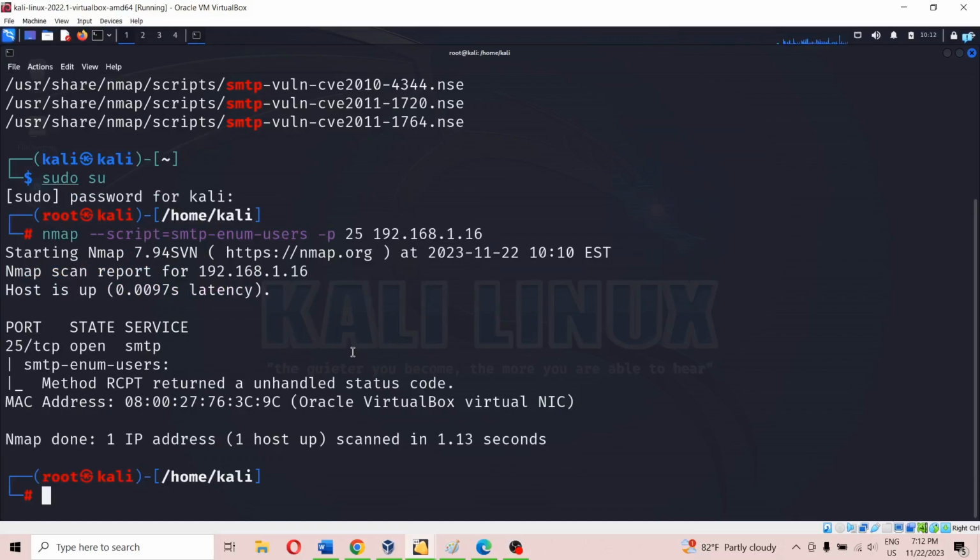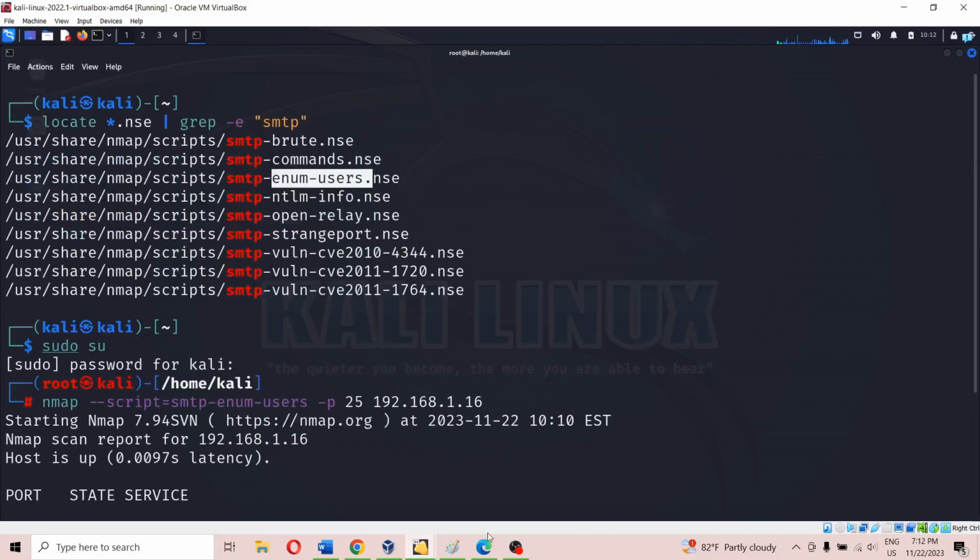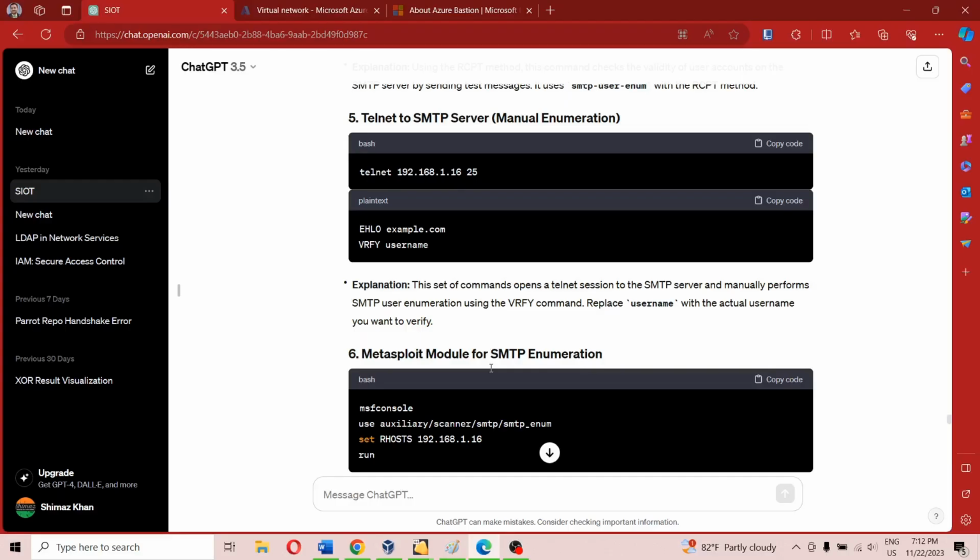Okay, so that's all I have for the enumeration topic. These are other different commands for Nmap, but this particular one is very important to enumerate the users. So it is not working here. So far, among the 7, almost all other techniques were